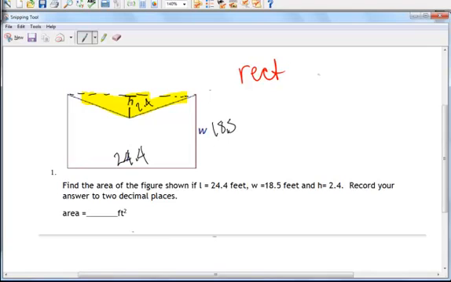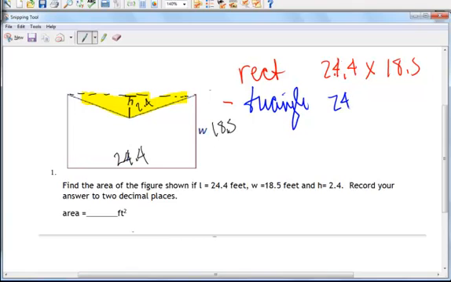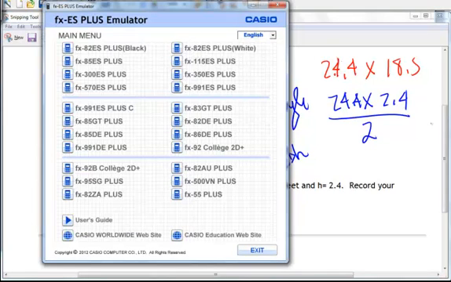So the rectangle is 24.4 by 18.5 minus the triangle, which is still 24.4 by 2.4, but then remember that the area of a triangle is 1/2 base times height. So on our calculator, let's get the calculator out here,